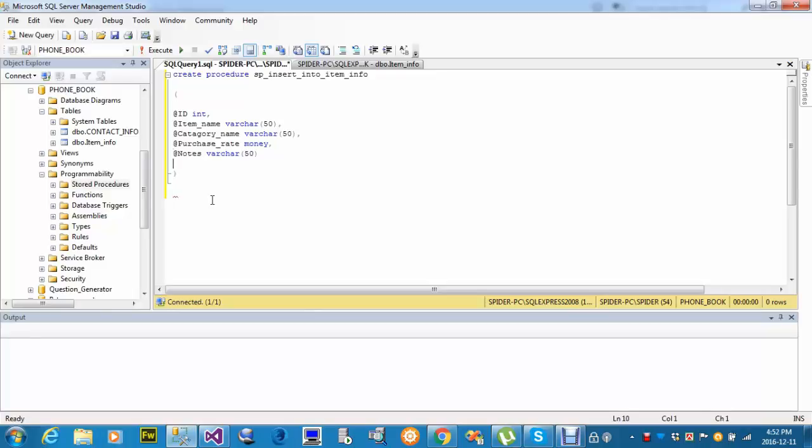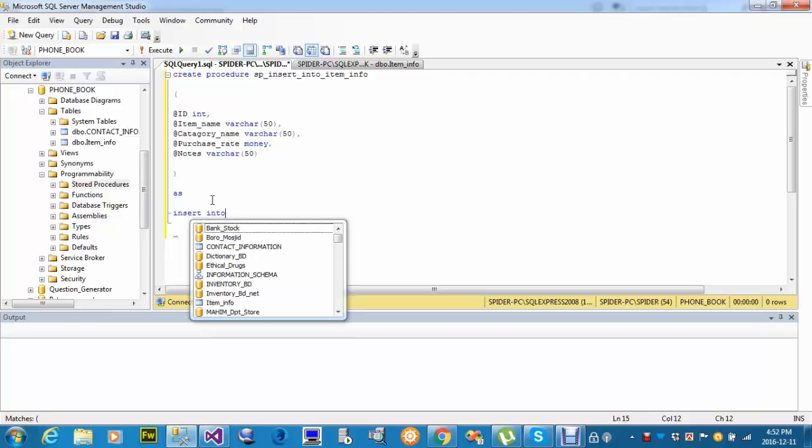When I write varchar, that time I must add the varchar size. So the next step is I need to add AS, and that time I need to write the SQL query, insert into